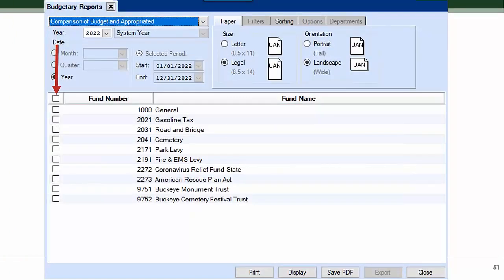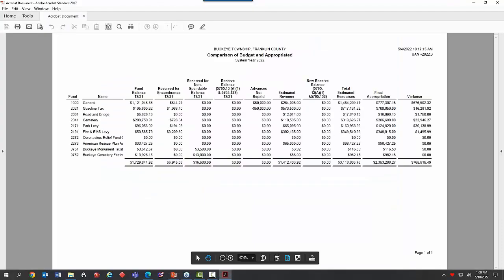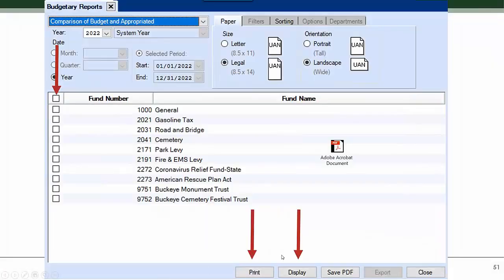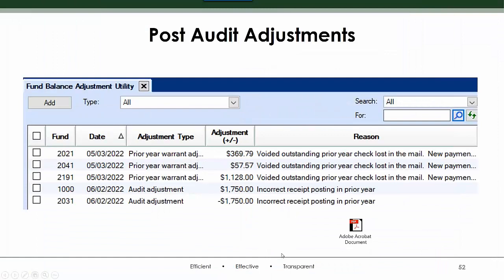Oh my goodness, that's the slowest errors on the planet. All right, now that I have reduced appropriations, my variance is 1750. So now I can do the audit adjustments for 1750 without a compliance violation, but I cannot forget to get that resolution adopted. All right, so in the software, remember what I told you about fund balance adjustments?